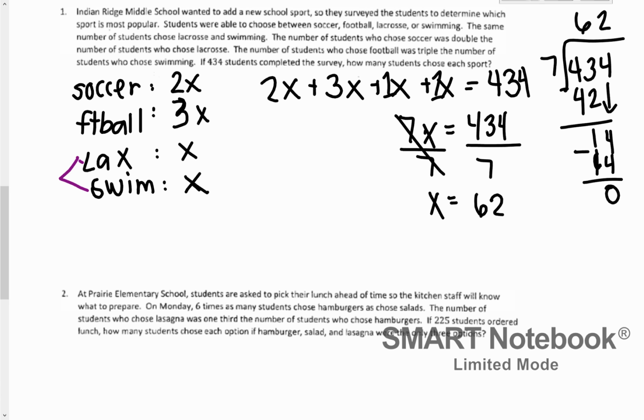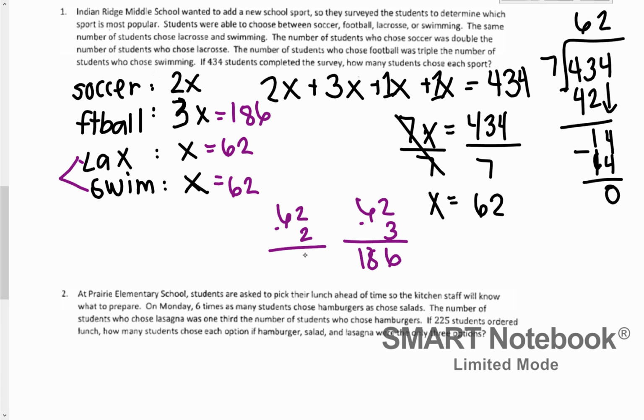So the number of students that chose lacrosse was 62. Remember, x equals 62 and lacrosse was just x. Swimming was the same, so that would also be 62. Football was 3 times that amount, so I would take 62 times 3 to get 186. Soccer was 2 times that amount, so I would take 62 times 2